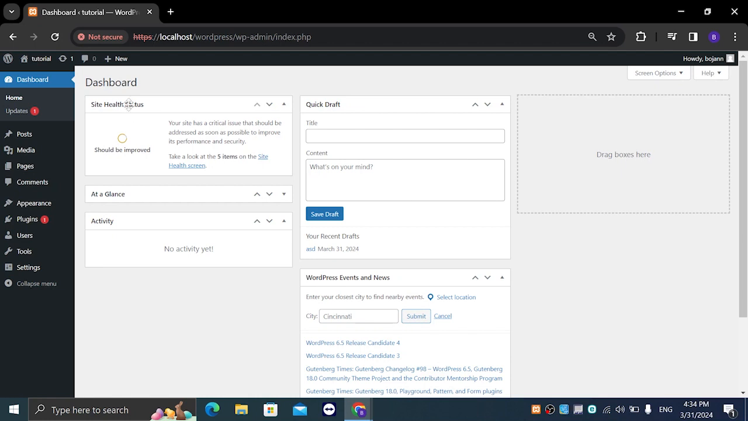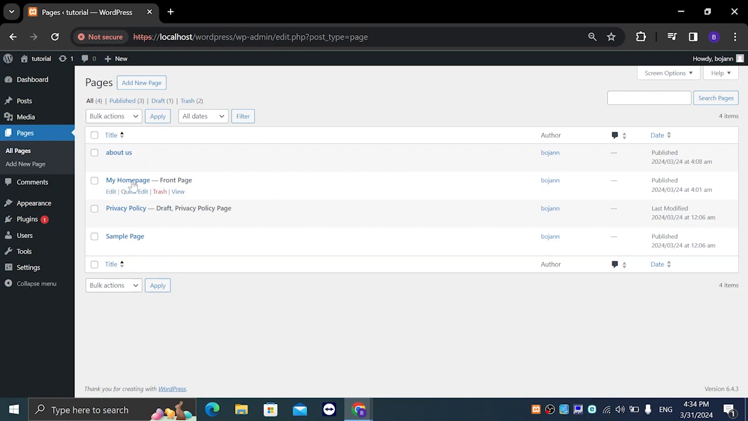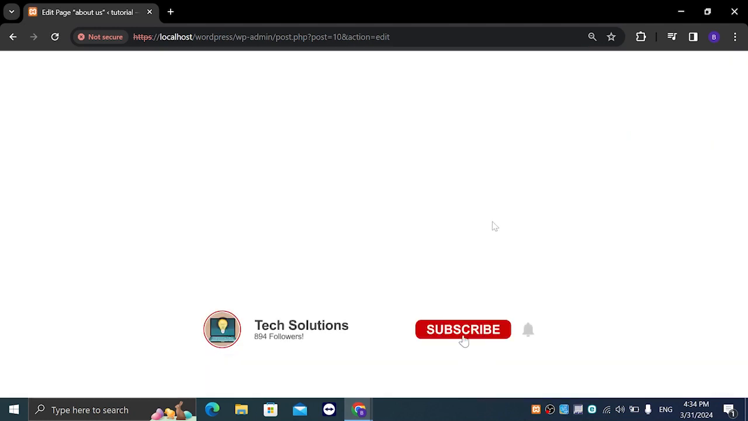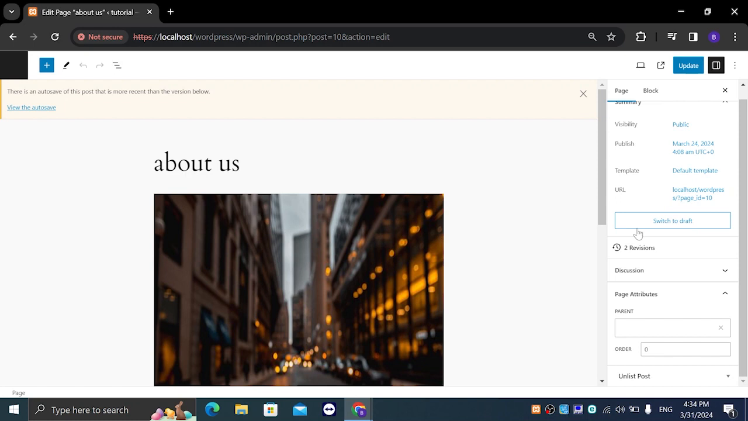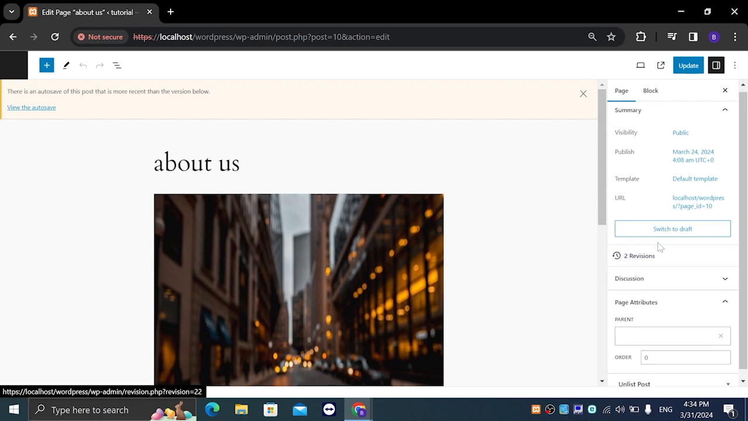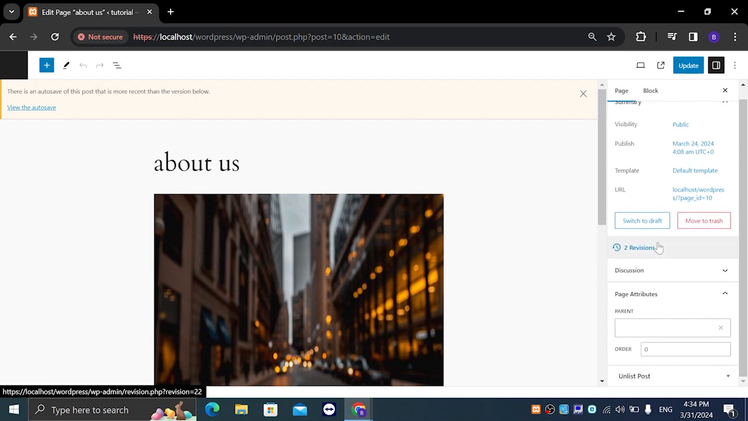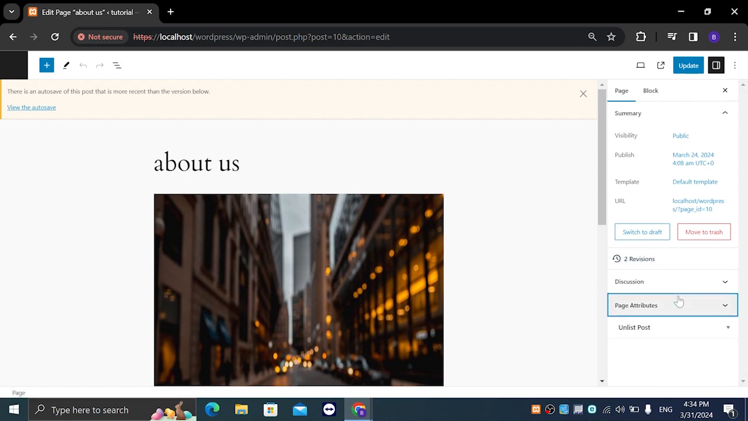So if you go to pages, all pages, and then just choose whatever page you like. On the right hand side, before you could basically change the URL of your pages, but right now it is not possible basically. So what we need to do is we're gonna go back,